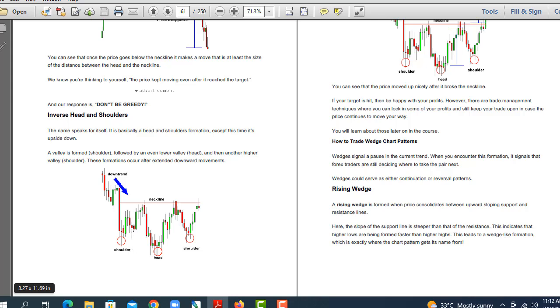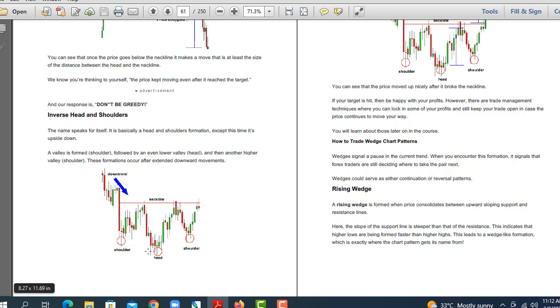But guys, this came here and stopped at this point and then tried to bounce back again. Okay, and then it gets to our neckline and then it hits this lower low right here. Okay, and then just before you know it, it starts to recover back again and going back up in the uptrend direction, and then comes down to form a higher low right here. So this gives us an inverse